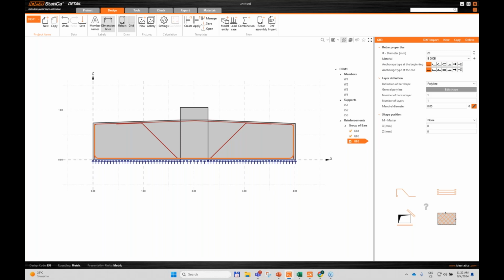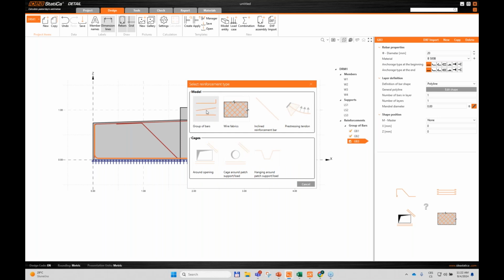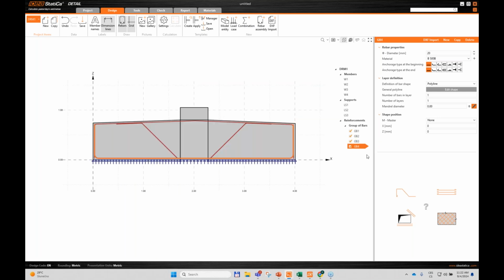Okay, so it's quite easy, but I'm still missing some reinforcement, and I decided that the rest I want to define in the software because I would like to have them in one group, because then I can modify it at the same time. So I will use a group of bars. I will change some parameters like anchorage type and diameters. And what's most important, I need to define the position. For this, I will use the